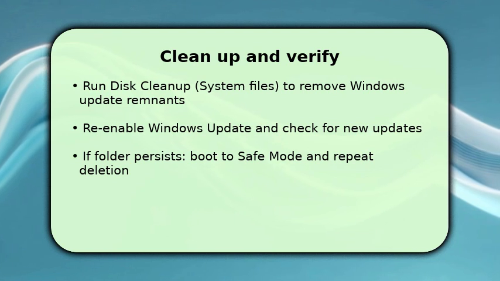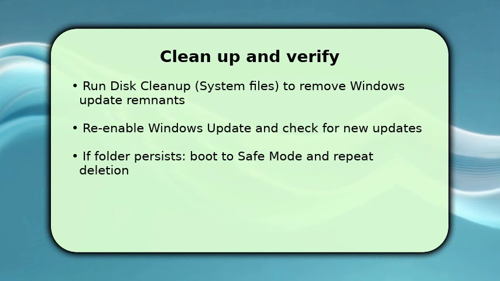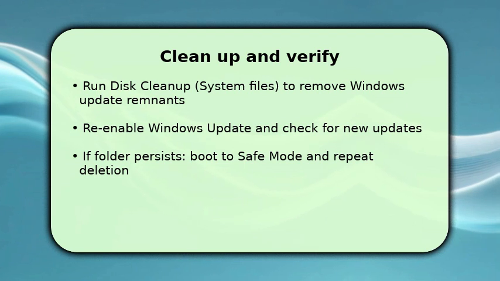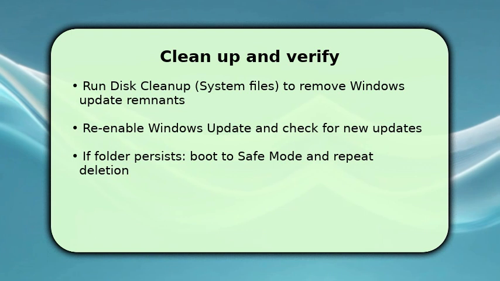If Windows BT still exists, restart into safe mode and repeat the ownership and deletion steps. Safe mode prevents background processes from locking files. One key troubleshooting tip: if deletion fails,